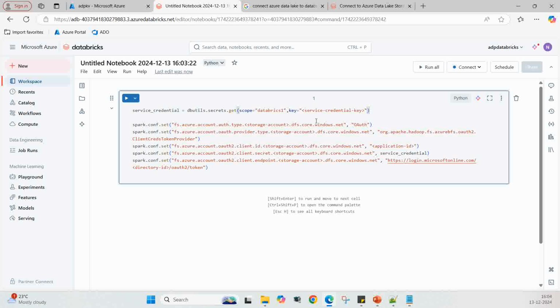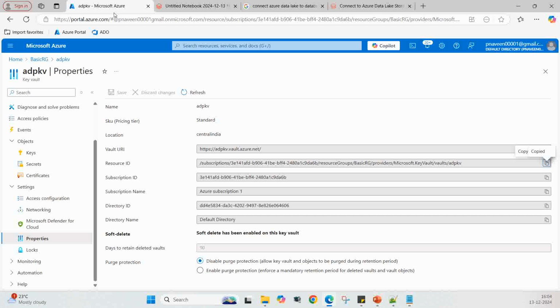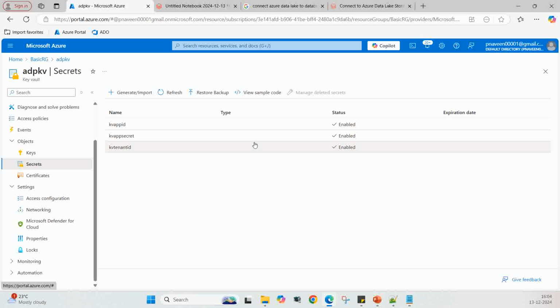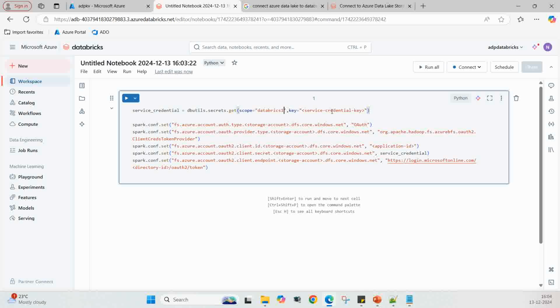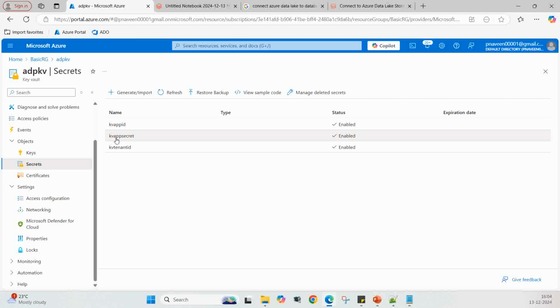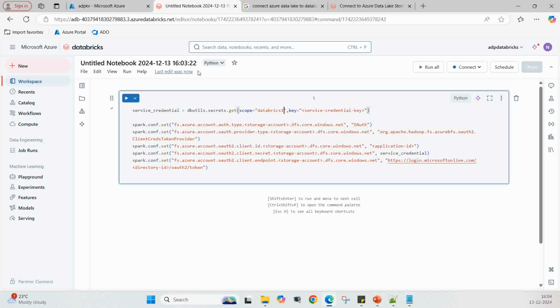Service credential key. Let's go to Key Vault and then secrets. What we need here is the service credential key. So the service credential key is this one, KV app secret. KV app secret, and then